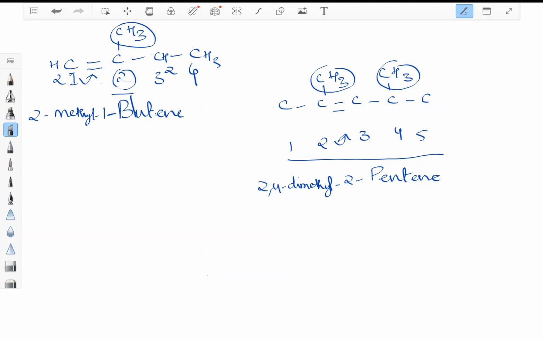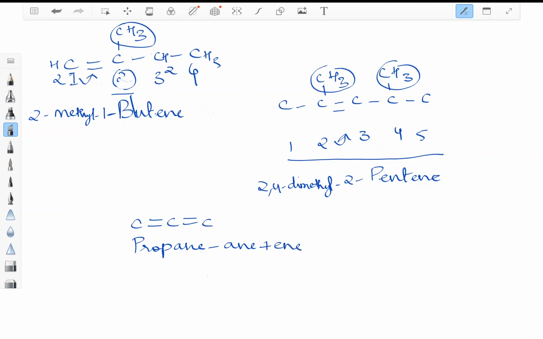There is one more example which will be quite helpful in understanding, but it is a little bit different. For example, if you are having 1, 2, 3 carbons where this particular compound has two double bonds. So usually what we were doing is adding as propane, where minus ANE is done, and we were adding ENE.